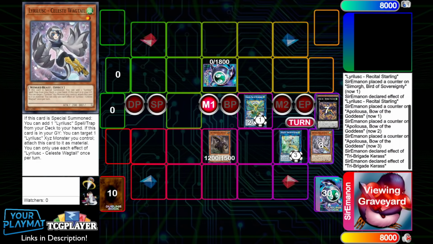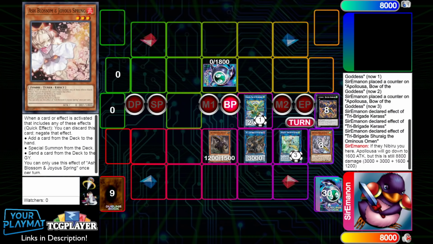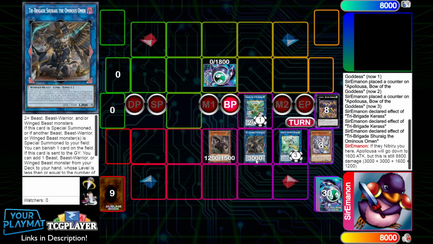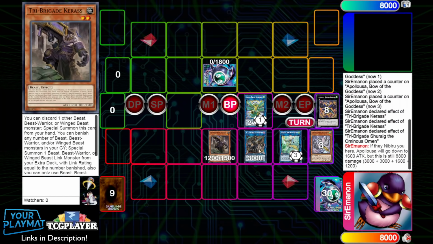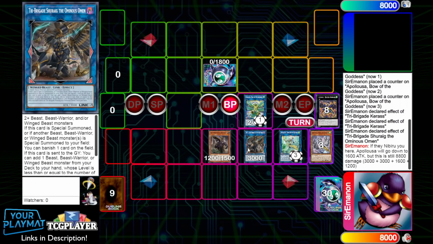And then we're just going to banish 4, and then we're going to summon out Shurag, and then Shurag just gets to banish their monster. Pretty simple and straightforward. It's not as flashy, but it certainly gets the job done. And if they Nibiru you prior to the battle phase, you can use Apollousa to negate it. It'll go down to 1600, but this still should be game because the Simorgh again is being boosted